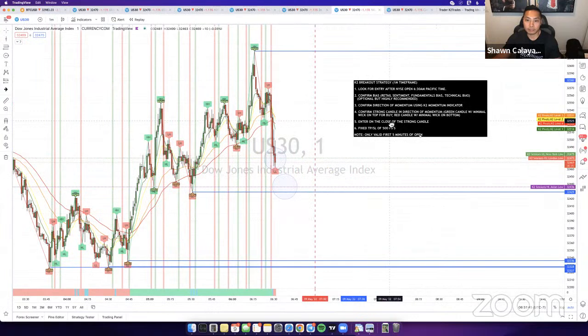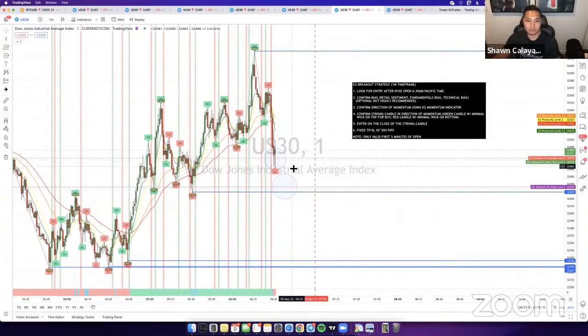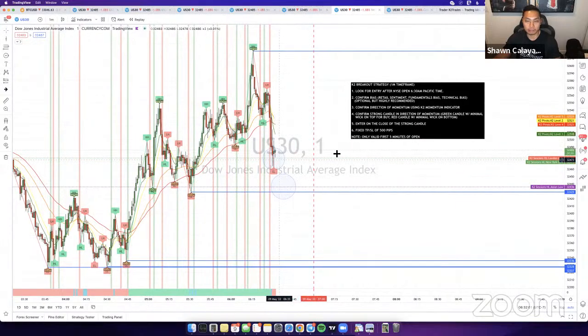Your main goal here is risk management. I'm sure a lot of people tell you about that. Risk management is avoiding risky trades. So if this here closes, which it didn't, this would have been the breakout entry, but it's not closing as a strong red candle. So no breakout right there.